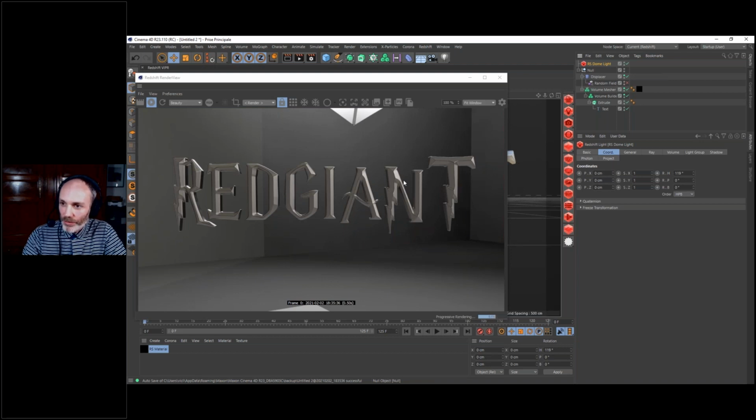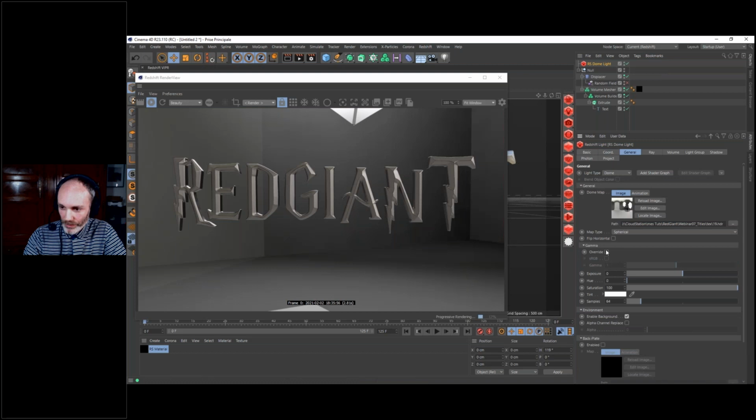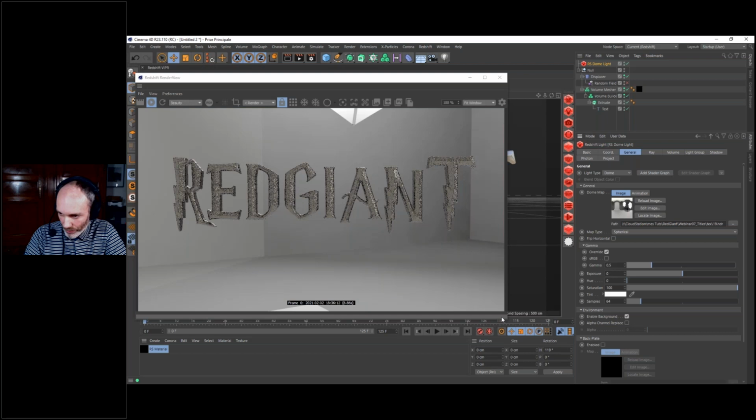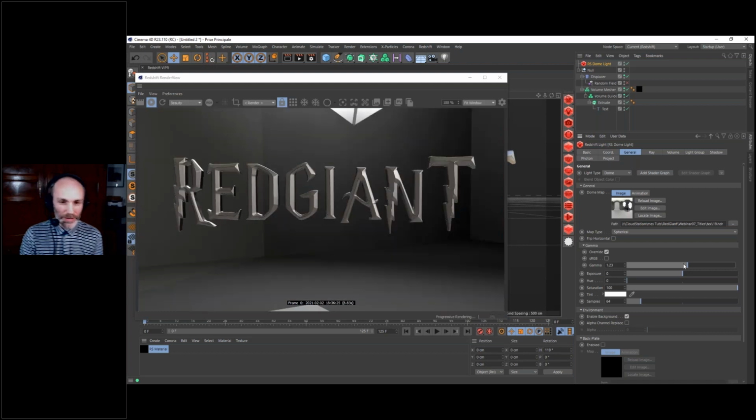From what we could do with the dome light, we have a nice option here inside the gamma. If I override the gamma, I can lower the gamma a lot to have something much more contrasty. It's processing the texture because it has to calculate again and put it in cache. Right. And you can see here it's nicer because it has more contrast. And of course, if I just move again,